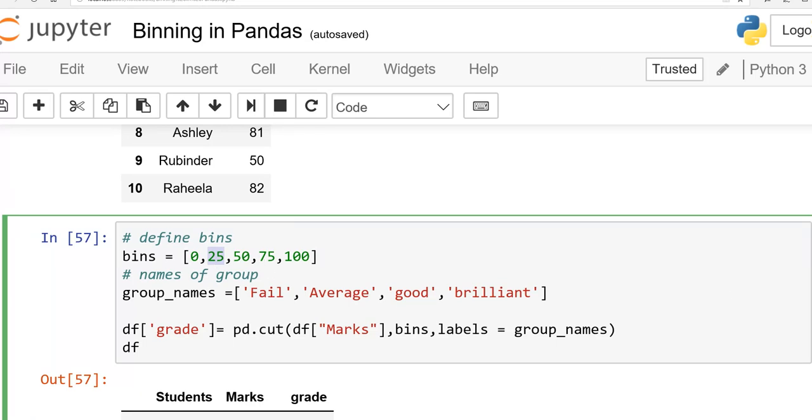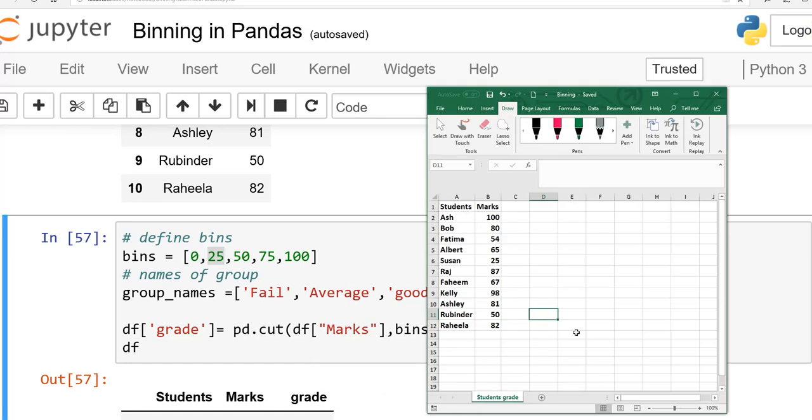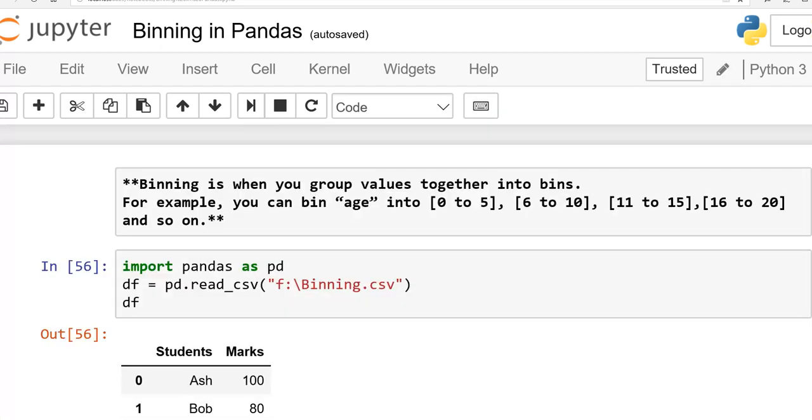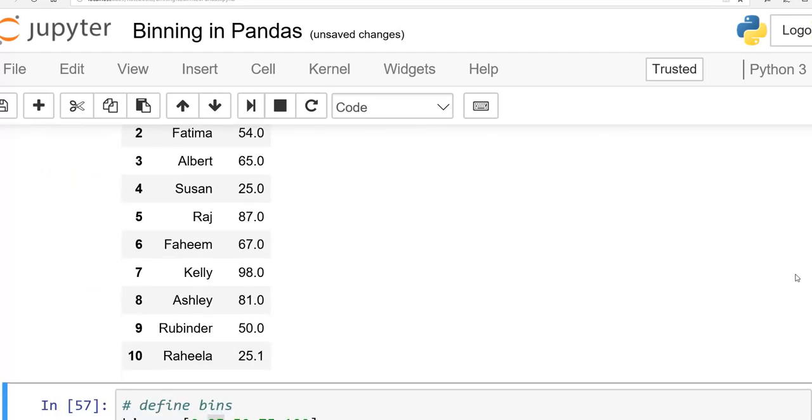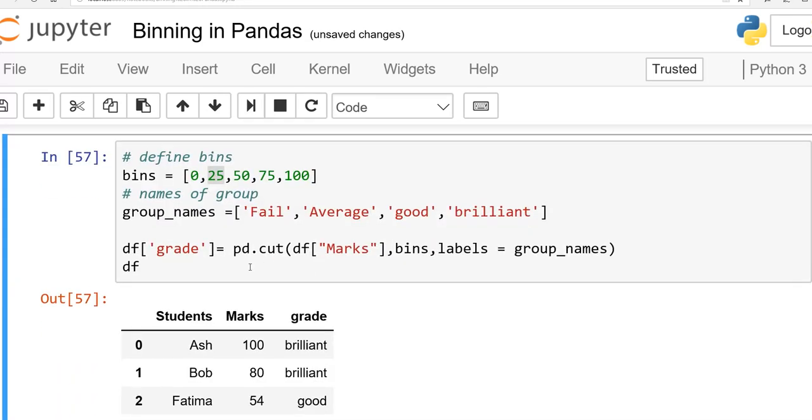So here I will give you the example. Suppose I have made this mark 25.1. Rahila has 25.1, suppose, right? What do you have to do next? Save it. If you do not save it, you will not see the effect in your Jupyter notebook. Then you have to run it, and see, now we have 25.1 here in our data frame.